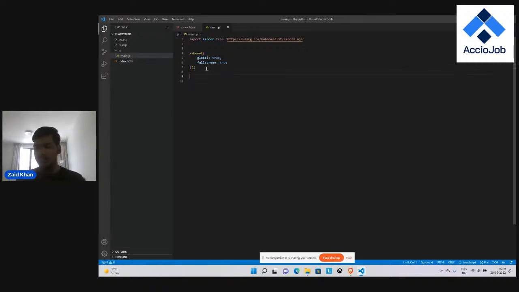What is a sprite? A sprite is nothing but a resource, or more like an asset, or an image that I will be using as my characters or my obstacles or my background or anything. Basically, it's an image that I will have in my game, and I can use it. By default, Kaboom gives one